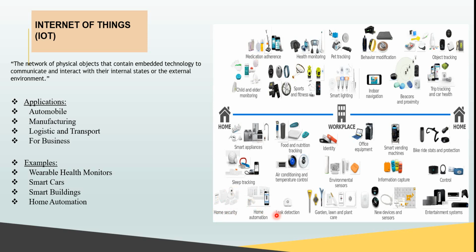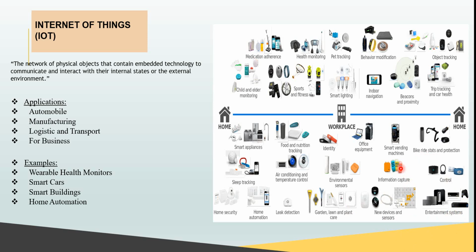Home automation: everything can be controlled with our mobile. This is called home automation, like controlling fans, lights, heater, cooler, everything with the help of the mobile itself. Leak detection: wherever there are leaks in a pipe, we can use Internet of Things. Air conditioner, environmental sensors, information capture, control, entertainment systems, new devices and sensors; wherever you look, everywhere you can apply this